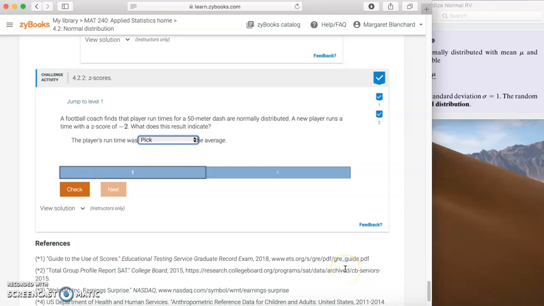Challenge activity 4.2.2. Now we're talking about z-scores. So remember, there's a normal distribution, then there's a standard normal distribution. A standard normal distribution is just a special normal distribution, not oxymoronic. But anyway, standard normal means that it's a normal distribution with a mean of 0 and a standard deviation of